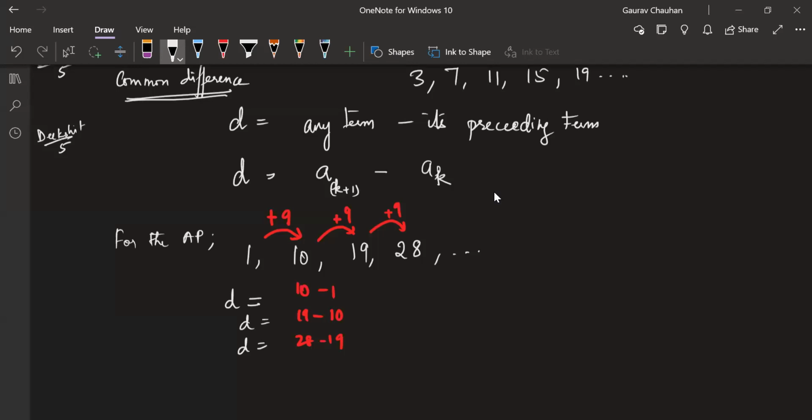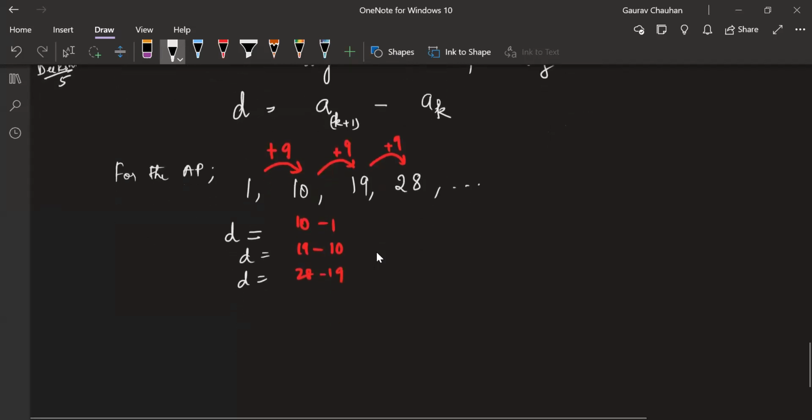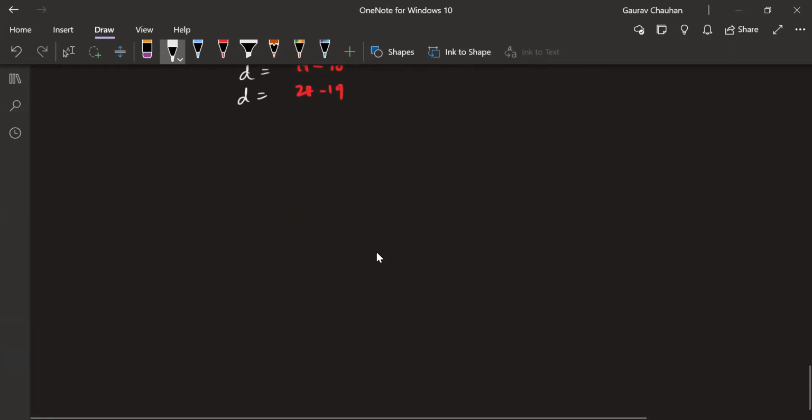All right, guys. So we're going to continue now. This was common difference. This is basically all that we need in AP. Maybe later on we'll also do one or two more formulas, but this level of understanding is actually quite good for our chapter. We can do all types of questions now. It's a very, very simple, very scoring chapter.